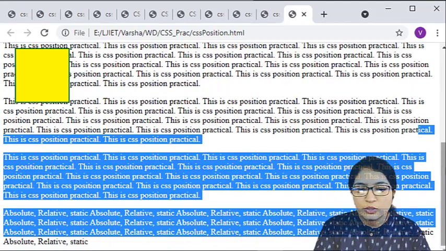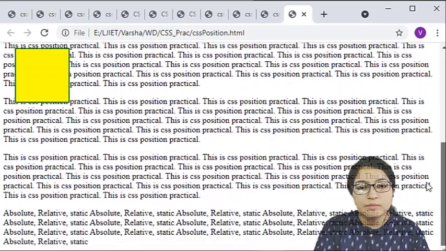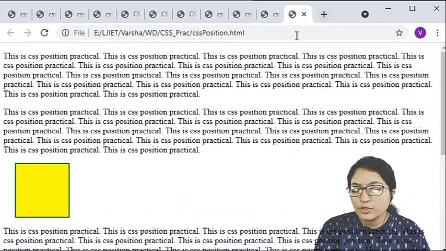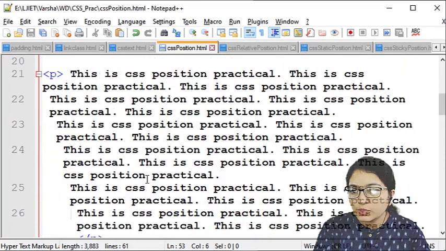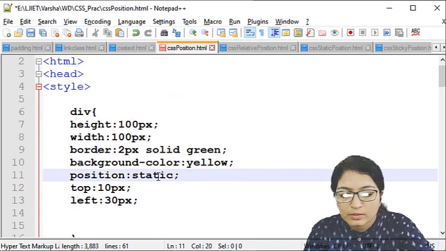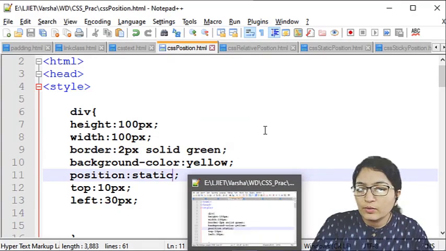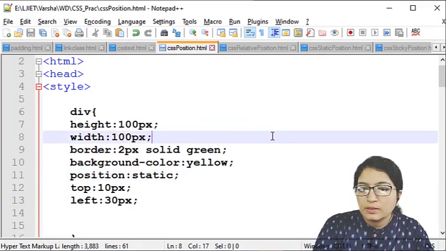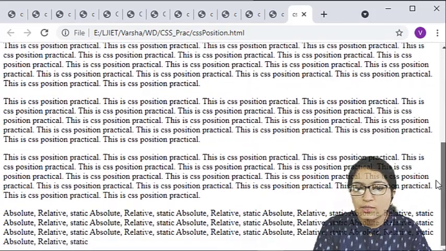When I scroll, this division is still not scrolling. So this is the sticky position, and by default its position is static. Suppose I define the static position here. It is the default value if we do not specify this. If we scroll down, it scrolls down.